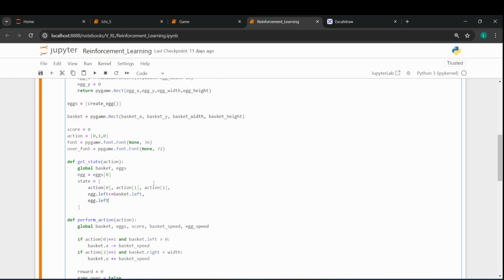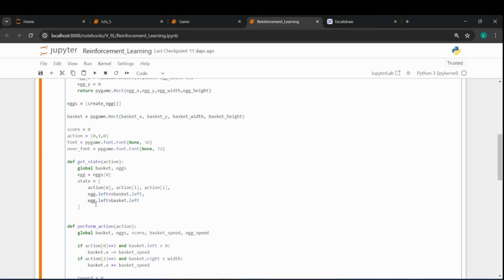And if the egg.left is greater than the basket.left, it means that the egg is to the right of the basket. This becomes true, it becomes 1, and this becomes 0. Now I'm going to convert the state to a numpy array and return it. So I'm going to say return np.array of state, comma, dtype equal to int, and I need to import